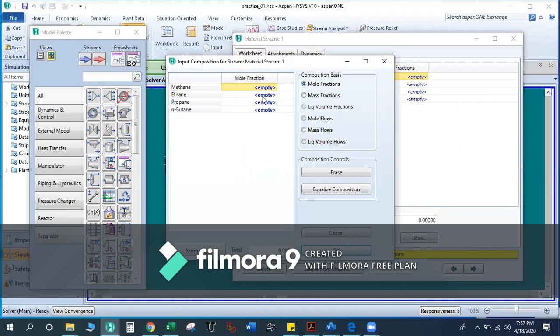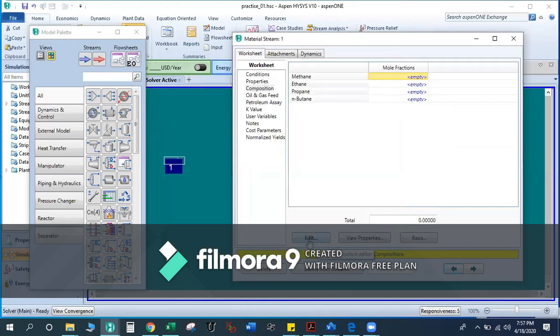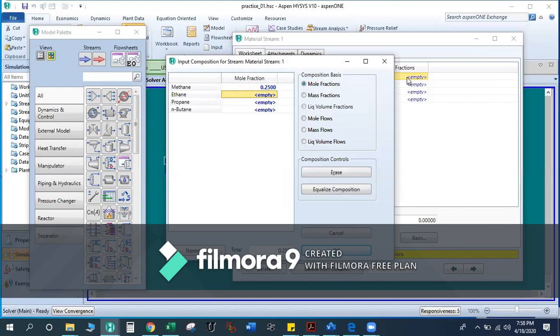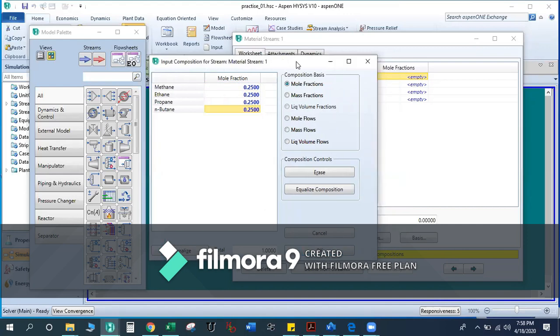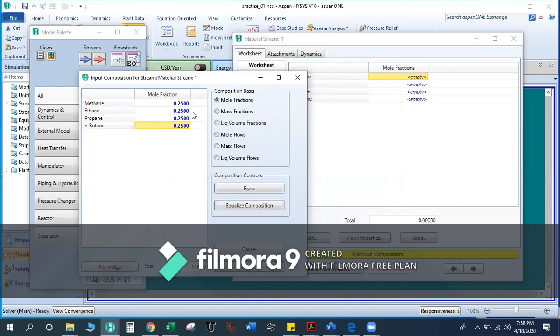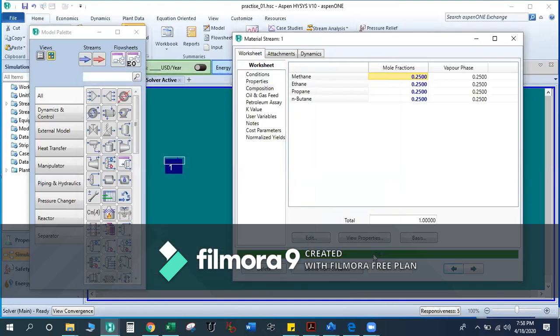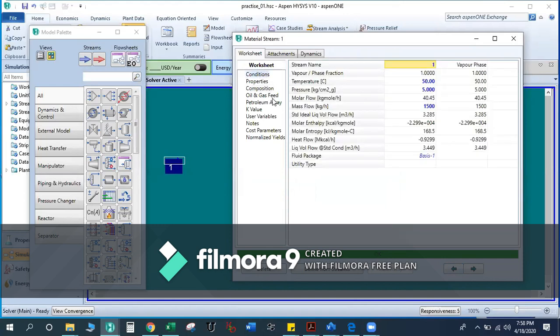If you have not selected the edit option and started typing values over here, it will pop up like this: 0.25, 0.25, 0.25 and 0.25. Now you have entered the composition of the stream also. Now click the OK option. Now your stream has been defined. These are the only things that you need to input into your system to define the streams.